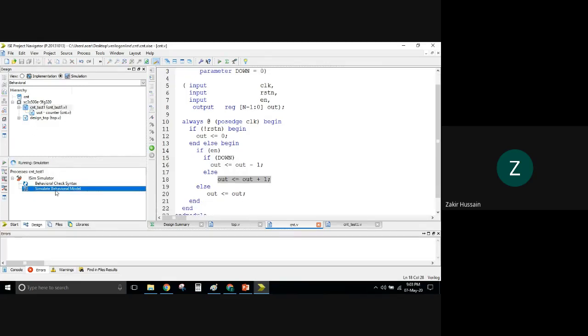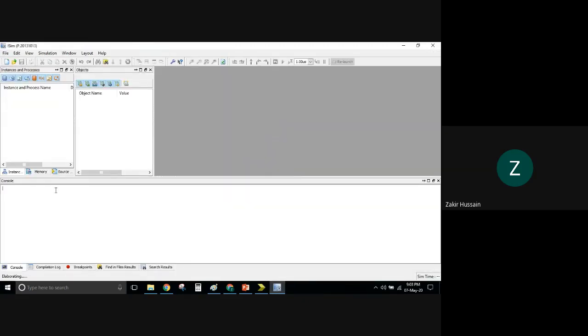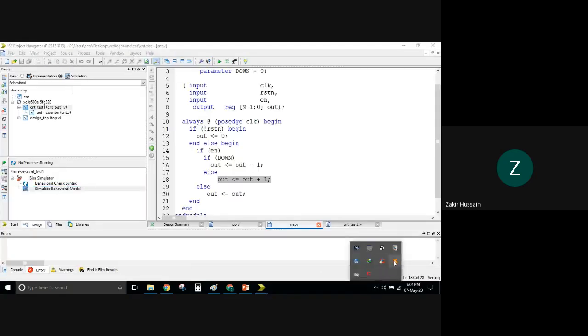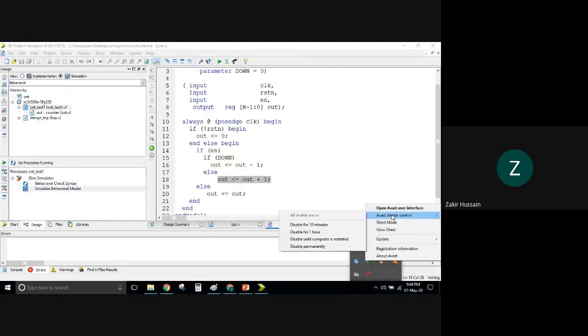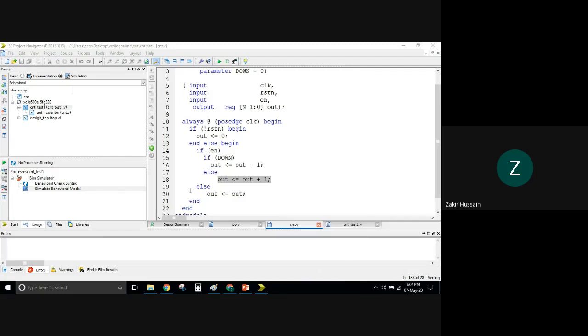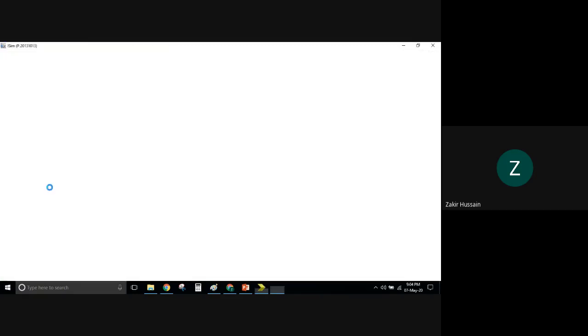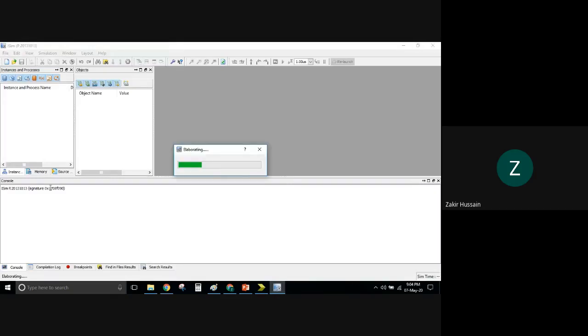If you see this one here, let me show the output. Array, this 10 minutes is over. I think this has come, that is my antivirus. So let me close it one more time. Let me disable this one again for another 10 minutes, and run this one again. Output is going.